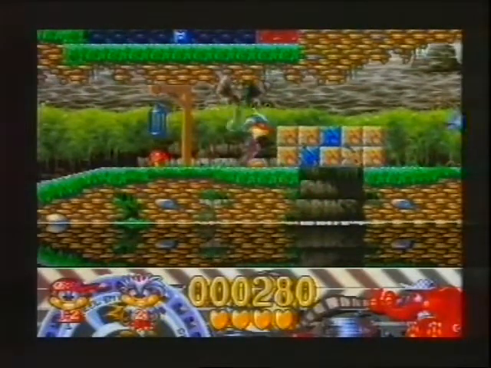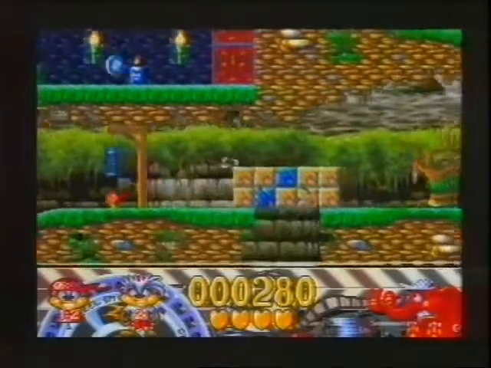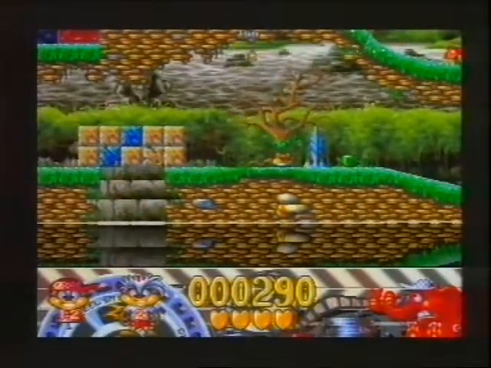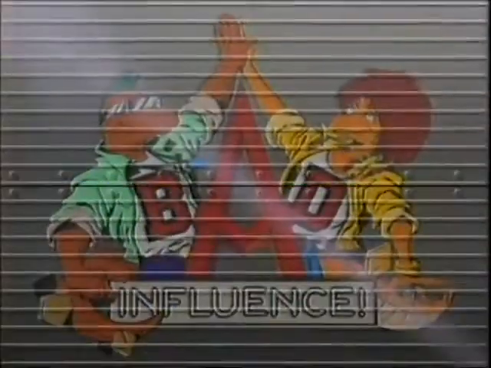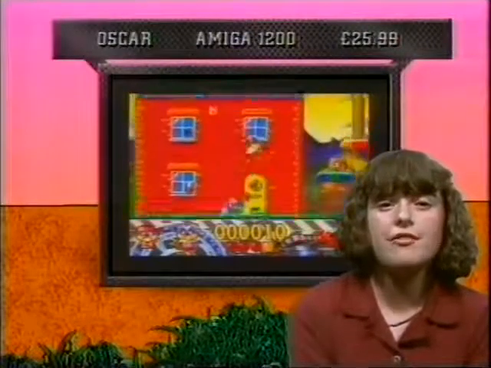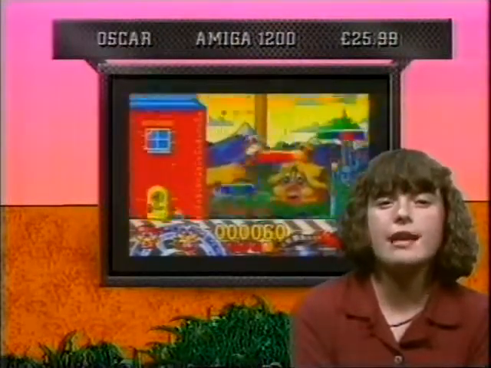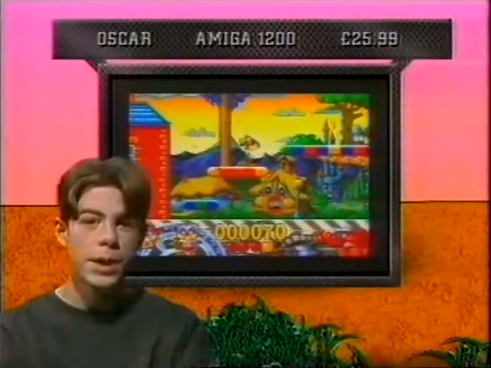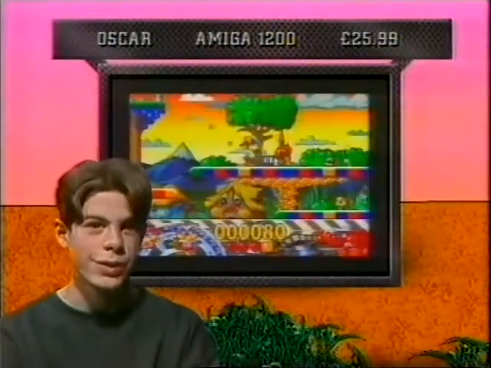Just collected an Oscar. And this potion lets me go invisible. But it's hard because I can't see where I am. This game's got everything. Good graphics, a brilliant new hero, and excellent playability. There's been a lot of time and effort put into it, and it shows.